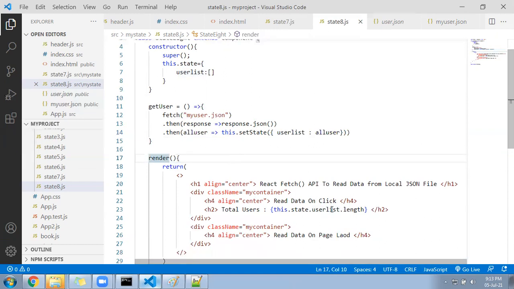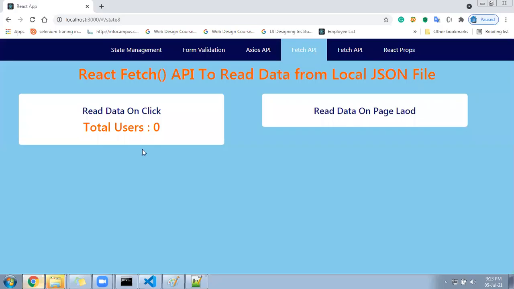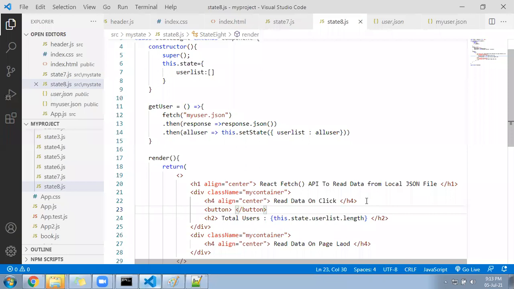Still it will not give any length on my page. userList.length will be 0 still because I have not called the function. Let me refresh here. See, it is saying 0. Total users are how many? 0. We need to create a button to call that function. I'll create a button here, and inside the button I'll write, click to load users.